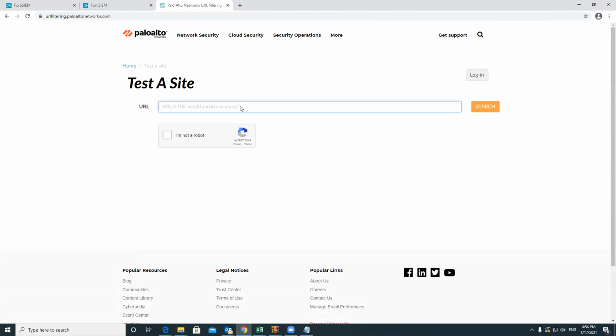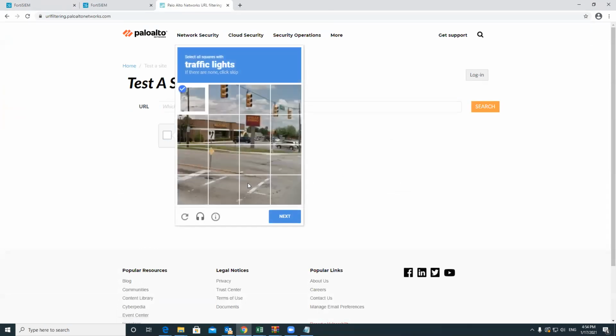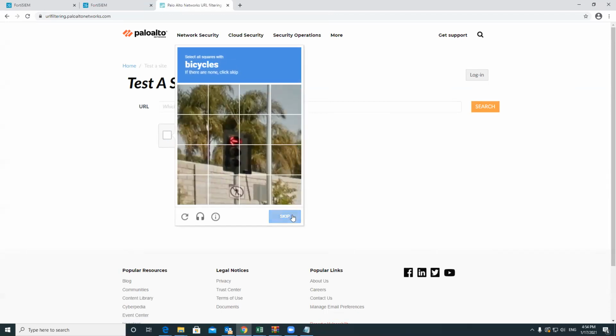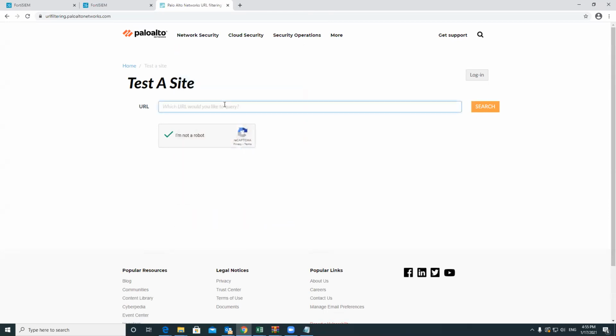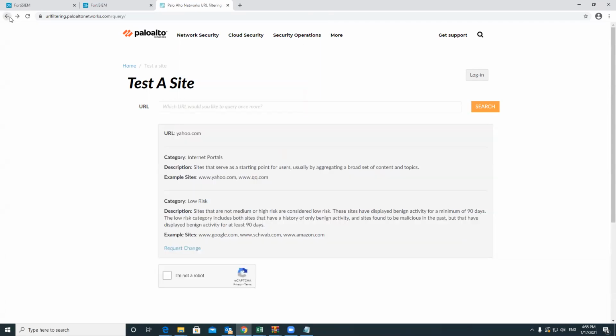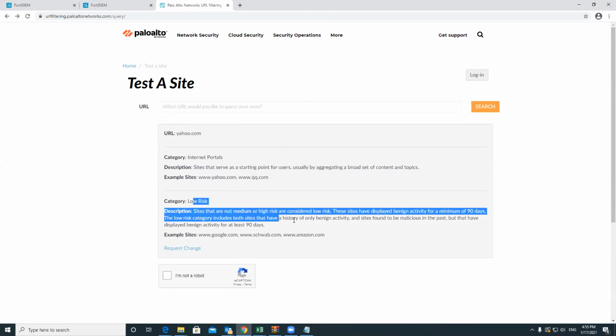So I'll check yahoo.com. Now it says yahoo.com, categories: internet portals. You have example sites like qq.com or yahoo.com, and it's a low risk website. This is not malicious. So we want to check your proxy, whether it belongs to Fortinet or Palo Alto